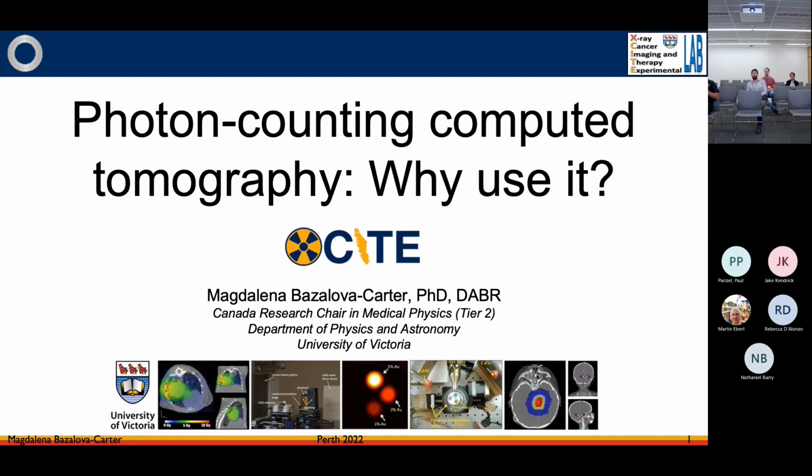So I'm going to be talking about photon counting CT today, and maybe why use it and maybe why not use it. And maybe I'm going to try to persuade you to actually get a photon counting CT scanner, and you'll see why. And as Martin said, I'm from the University of Victoria in British Columbia,